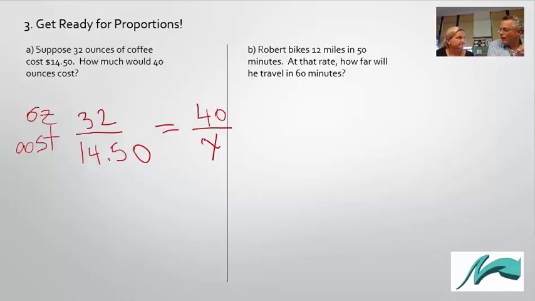You gotta look for the fact, and you form a fraction out of that fact. 32 ounces goes with $14.50. So in these sort of problems, look for the fact and set that up. And then you gotta set up the other side. There's part you know and one you don't know. Just gotta make sure they go in the right place.